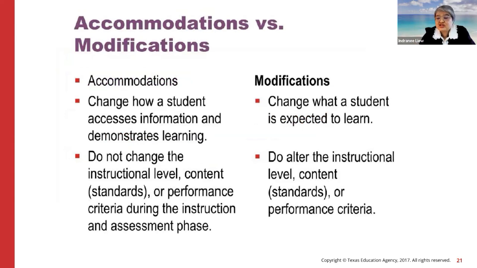Do not change the level of teaching or instruction. Do not change the content. Do not change the assessment. That is accommodation. Modification is where you change what the child is expected to learn,